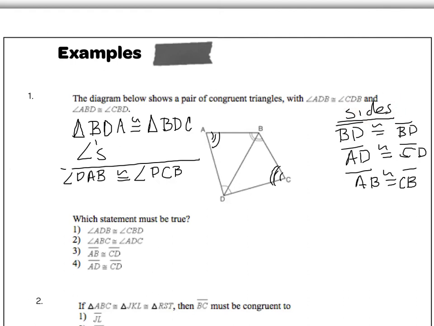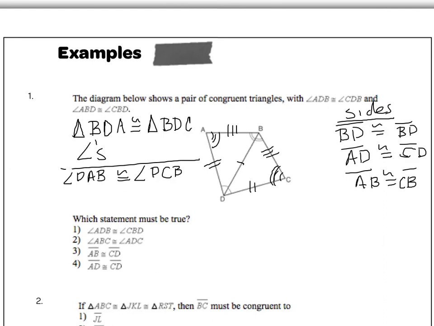They are congruent statements, but they are corresponding part statements. So I can mark off BD, which is congruent to itself, and we know that. And then AD is congruent to CD, these two segments,